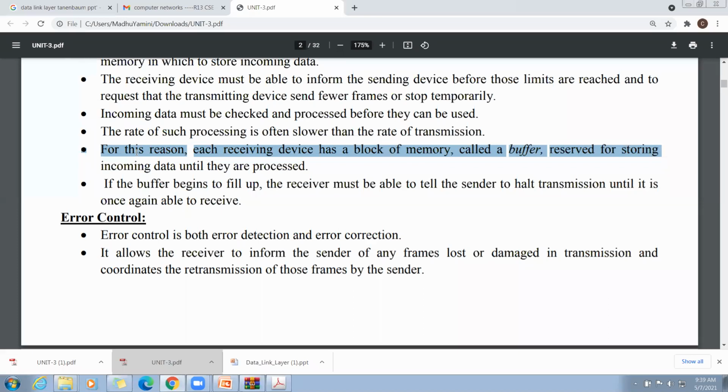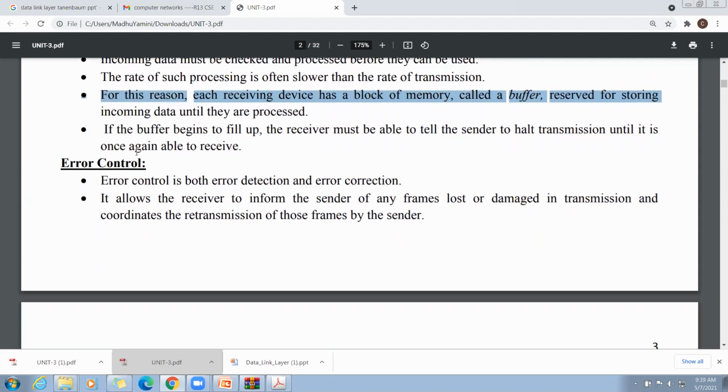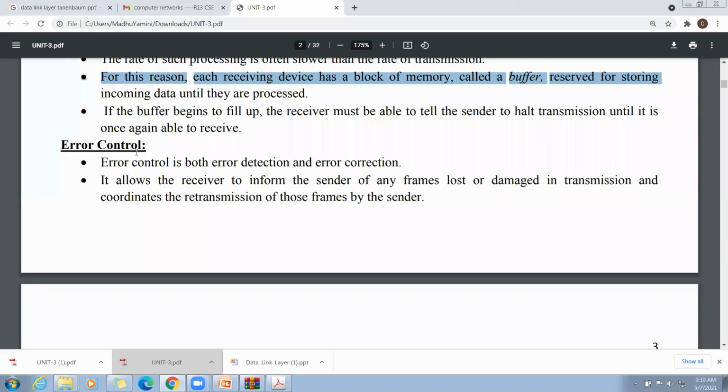Whenever a sender sends a message, it first goes to the sender's outgoing buffer, then through the transmission medium it reaches the receiver's incoming buffer. If the receiver's incoming buffer is full and not enough to store the messages, overflow happens at the receiver. For this reason we need to maintain flow control.